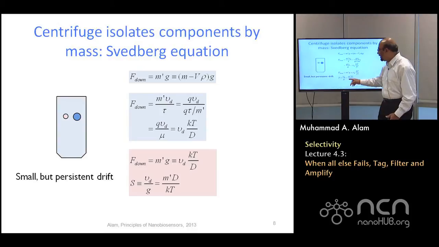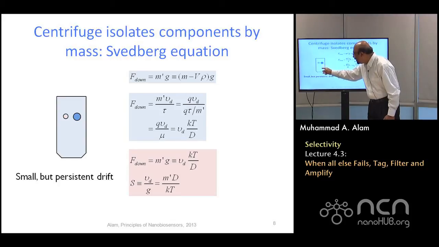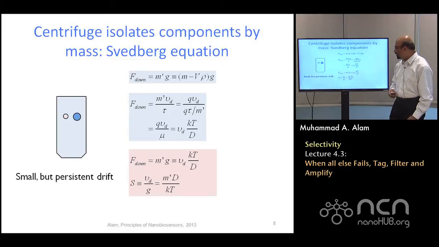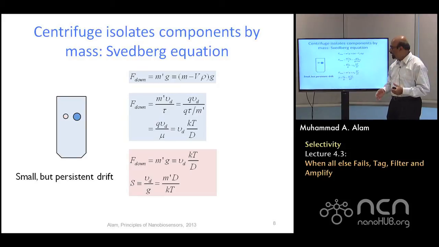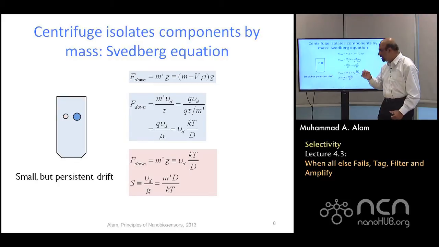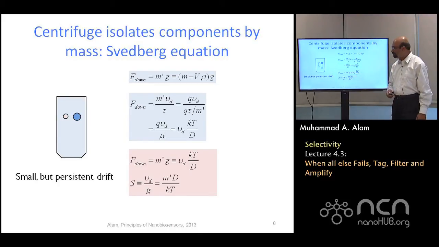Now, therefore, you can see the velocity is directly proportional to the mass, and so the blue will go a little further down compared to the white protein. How much further it will go depends on g, because if you cross multiply with g, and g is 100 times the gravitational constant, let's say, or 100,000 times, then even if the mass difference is very small, they can get separated relatively quickly.